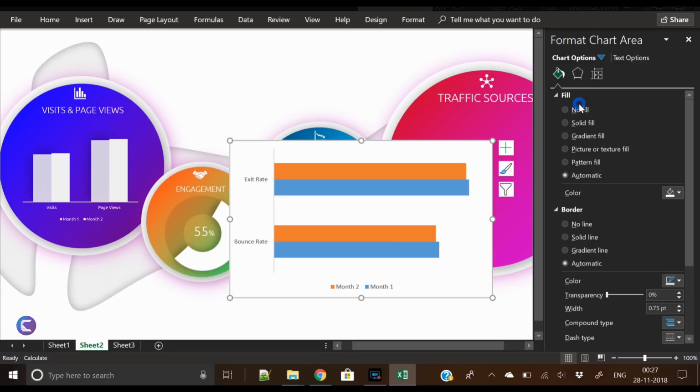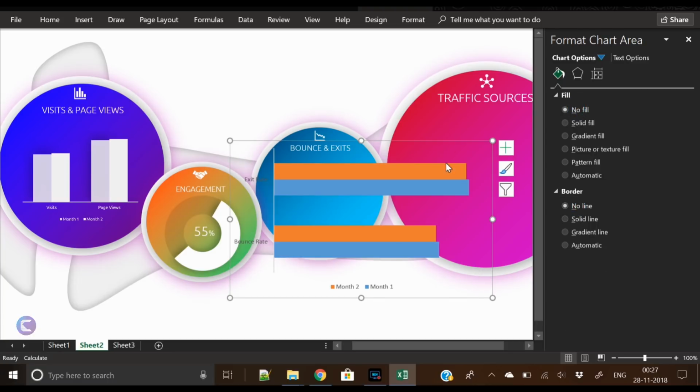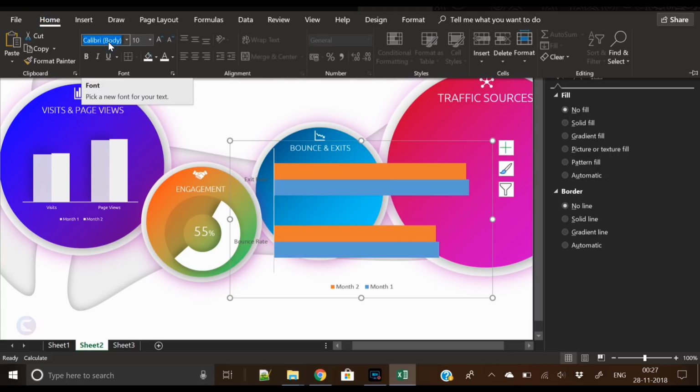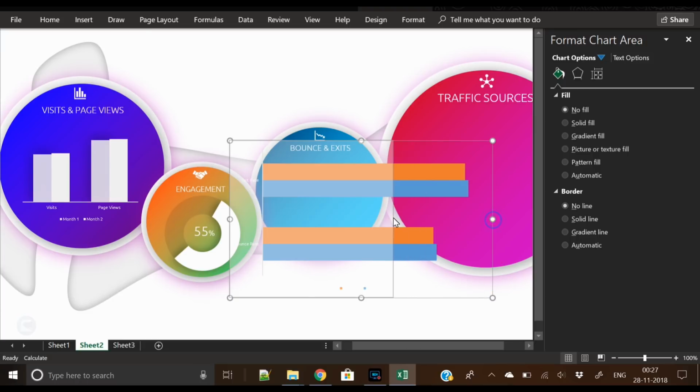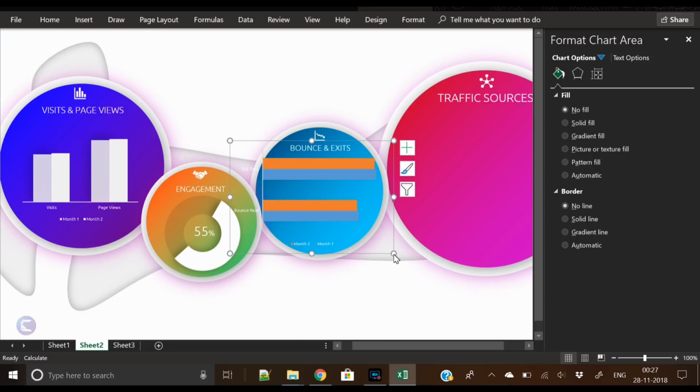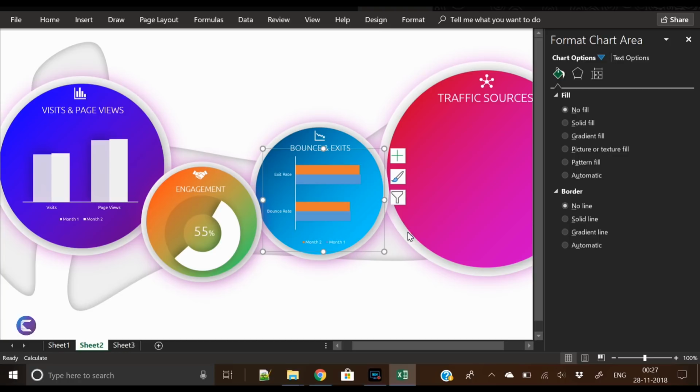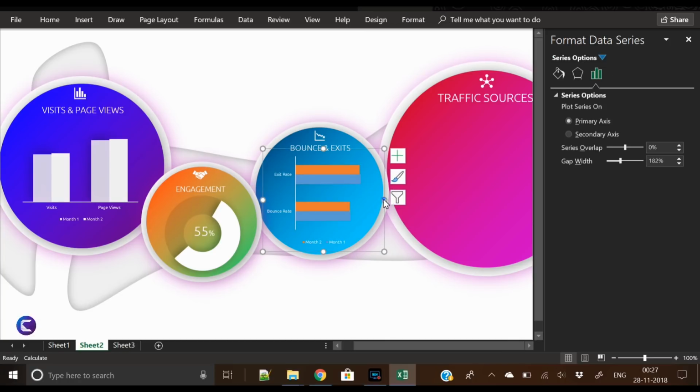Click on format chart area. No fill, no fill. Then go to home. As the chart is selected, write Ubuntu Light. Change the text to white. Reduce the font size. Also reduce the size of the chart. So now our chart is almost ready,